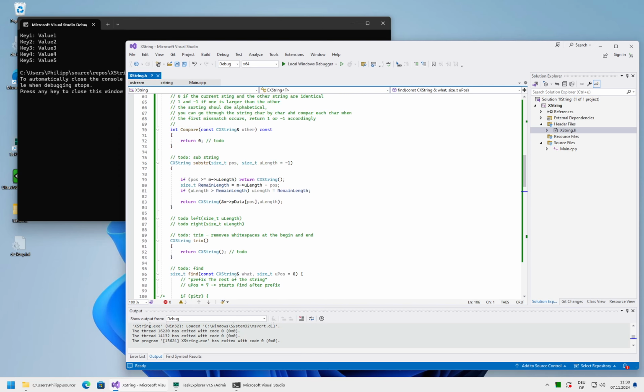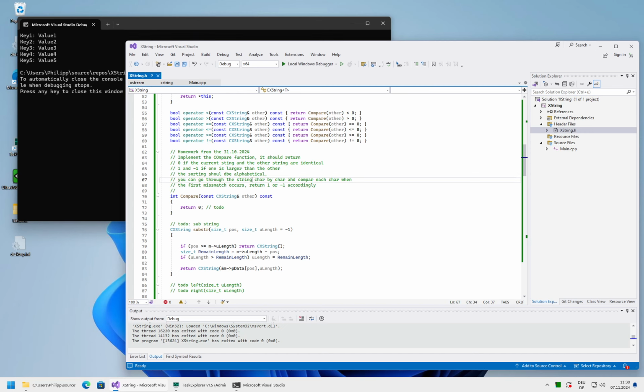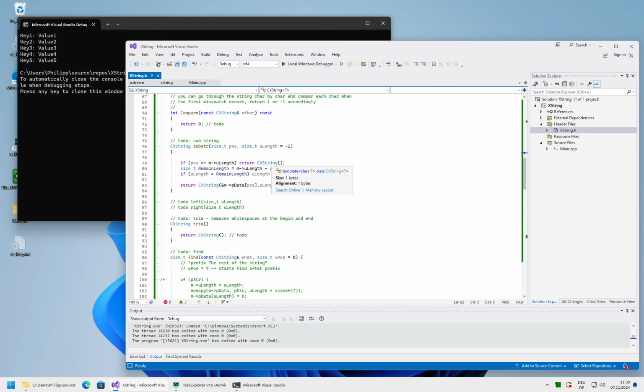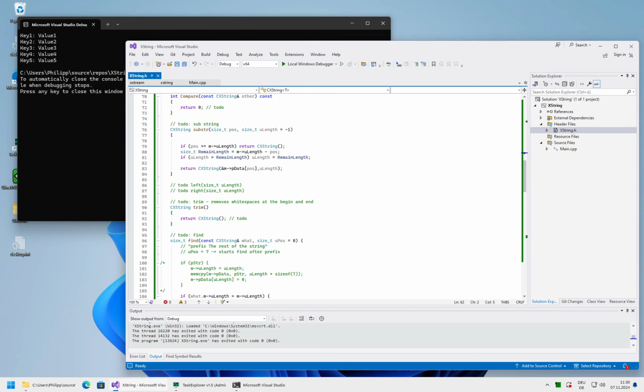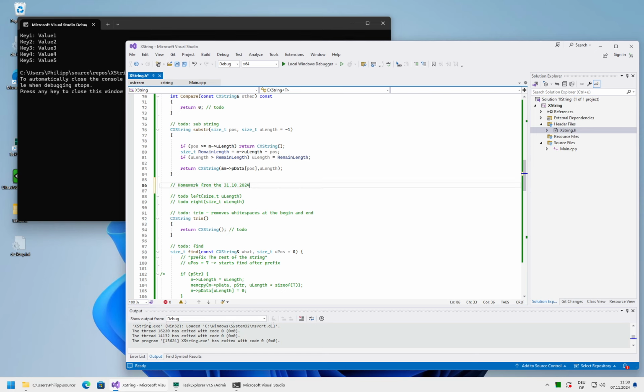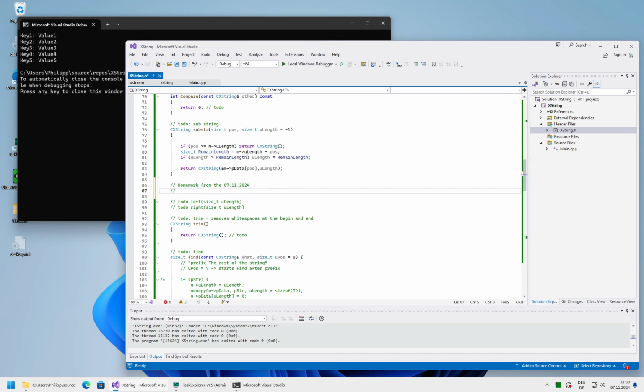But we will be over time when I use some time to assign some homework. So let's see what would be nice to have. Homework from, what's the day, 07.11.24.